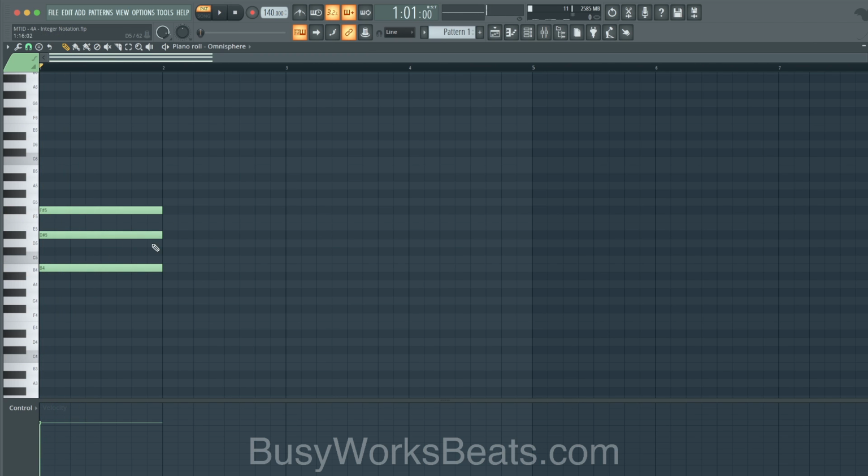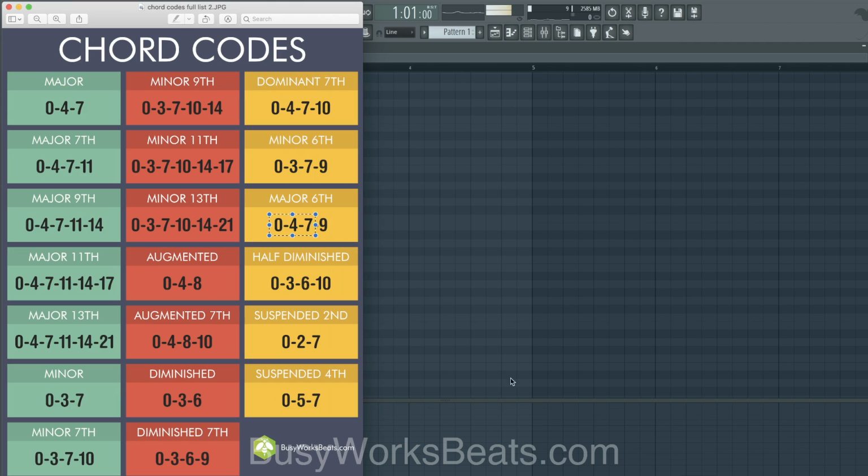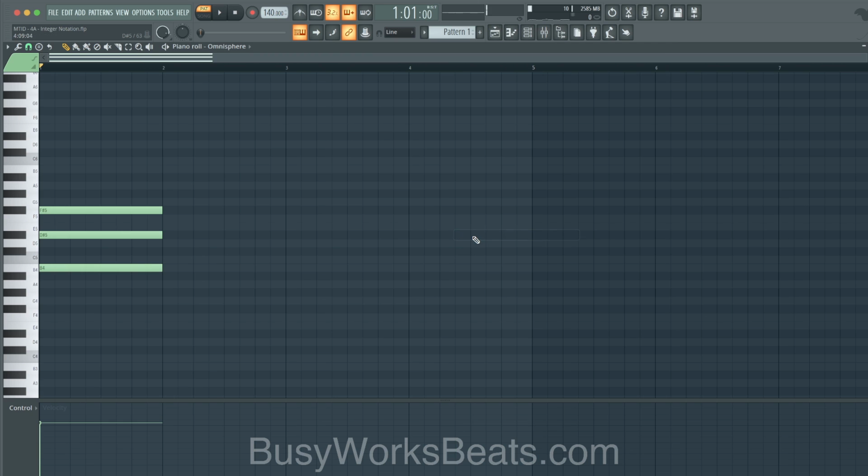Okay, but if you want to get into R&B, there's a really cool chord called a sixth chord. All you really have to remember is this is a major 6. There's a minor 6, but it doesn't really sound that great to me, in my opinion. The major 6th sounds really good. All it is is we're adding a 6th over top of a major triad. Once you learn that a 6th is just 9 semitones from wherever you started, so 0, 1, 2, 3, 4, 5, 6, 7, 8, 9, now you know how to add harmonies and color tones without making things complex.